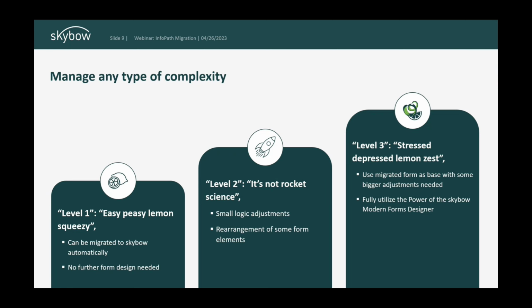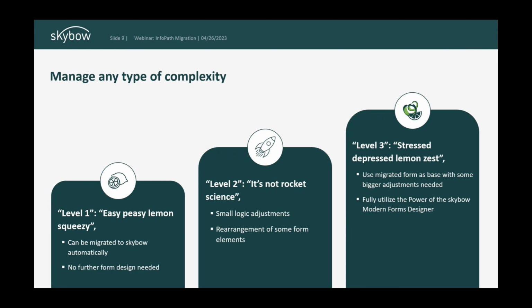In the end, you also have the level 3 forms. Those are highly complex forms. You can still use the InfoPath migration tool. You still have something on the other hand, and I would call it a base template where you can start working from, but you need to be aware that you need to make some major adjustments to that form. So it's important to know how many level 1, how many level 2, how many level 3